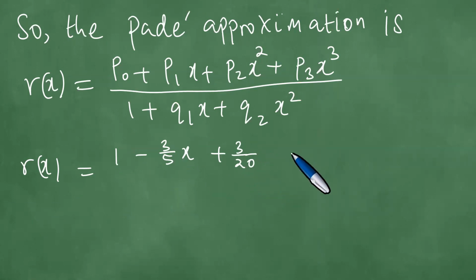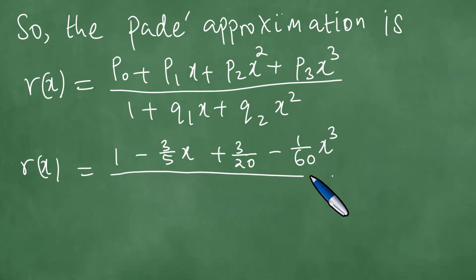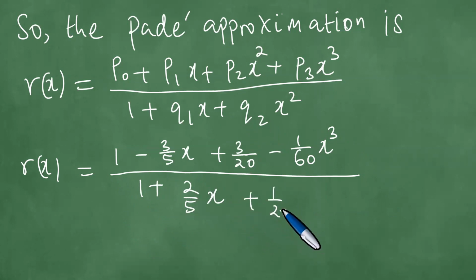P3 minus 1 out of 60, X cubed. 1 plus Q1, we got 2 out of 5, X. For Q2, we got it to be 1 out of 20,